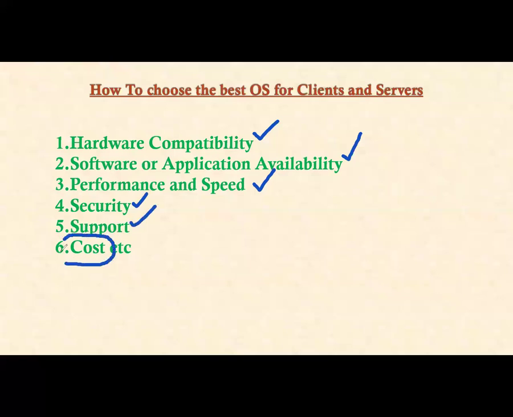What about cost? Cost means how much money you need to pay. See, friends, normally people say Linux is a free operating system, and for Windows we need to pay money. If someone says Linux is a free operating system, they are not 100% correct, and maybe not 100% incorrect also. Today we can simply install the Linux operating system and start using it without any problem. But in case you need support, what is the meaning of support?